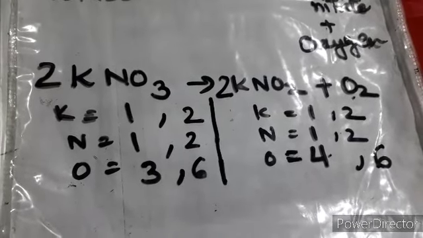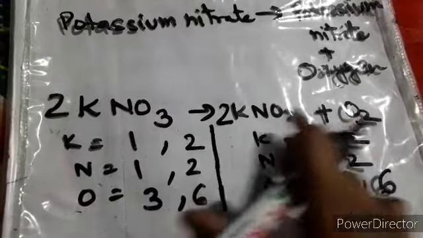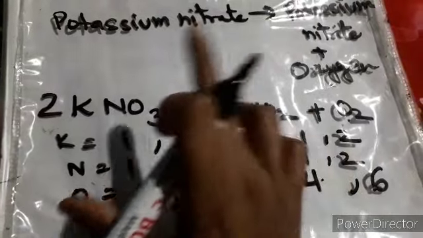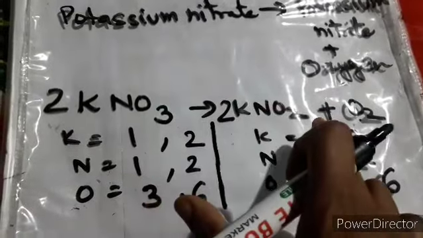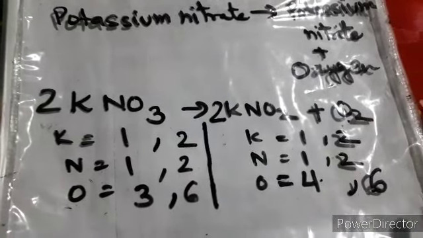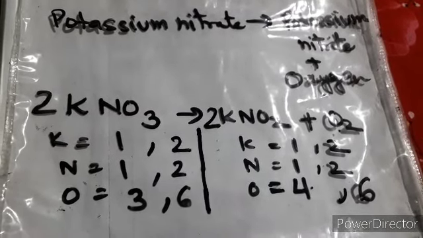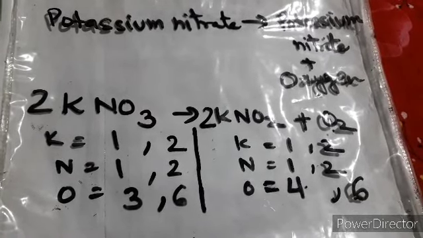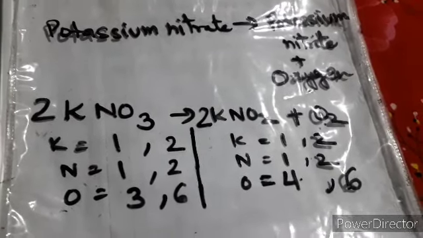So I think now balancing is clear to you, how to convert a word equation to a balanced equation. First of all you have to write down its chemical equation, then the second step is to balance it, right? Even if you forget the formulas, I have taught you how to make the chemical formulas. You can make them on your own, write the equation, and then balance. Many of the reactions we have covered, so practice at home. Our entire chapter is finished now. Start doing the back questions, and there are a lot of practice questions given in your book.